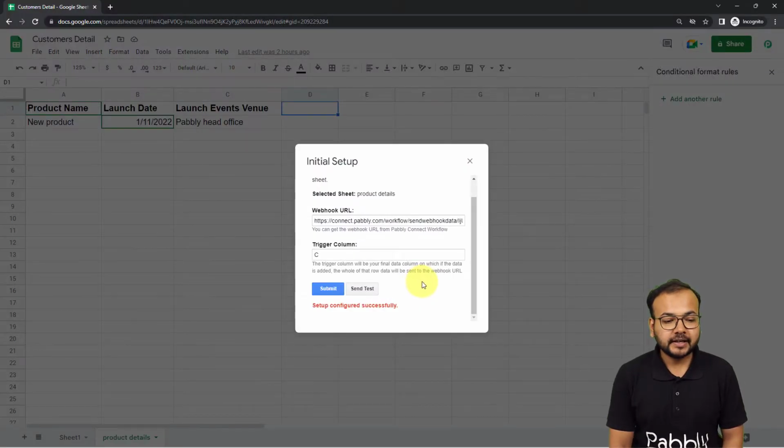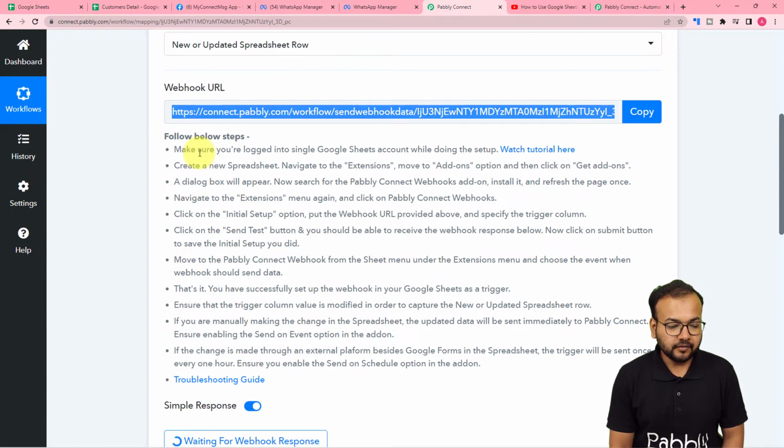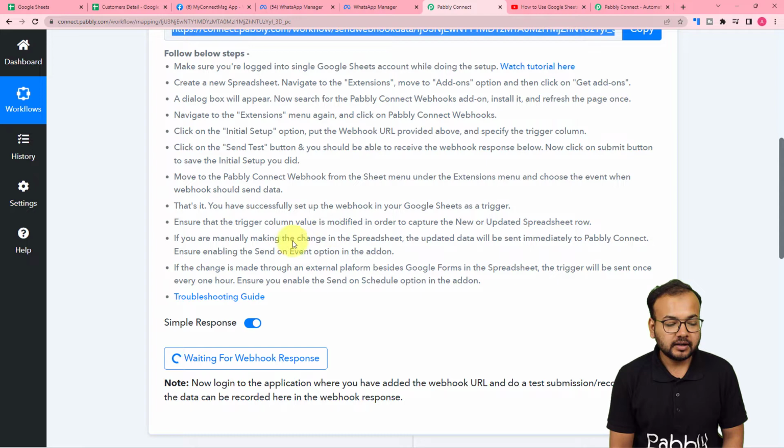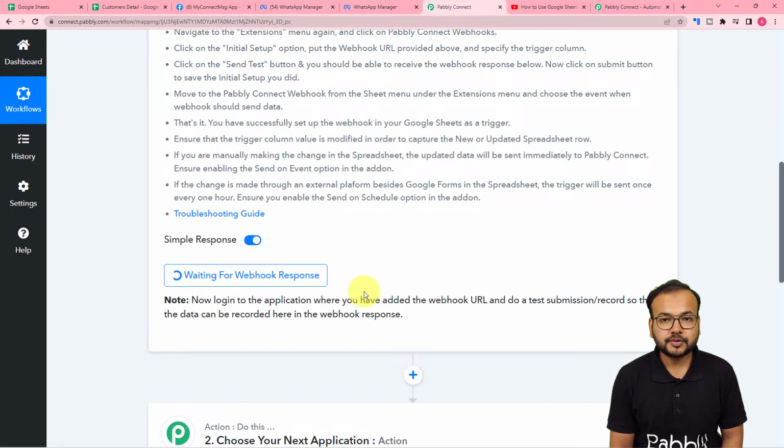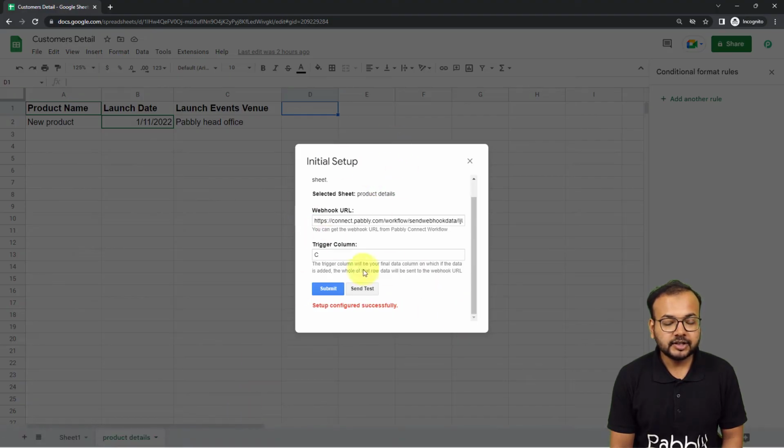So guys, I have created the connection using webhook URL like this. Okay, and from this initial setup, we have this send test button, and you can see in the workflow, guys, after following these steps, it is showing waiting for the webhook response. Okay, so to get the response here, you can go back to the spreadsheet and under this initial setup of Pabbly Connect webhooks add-on, you have to click on this send test button. So when you click on send test, the data of the first row that you have in your spreadsheet will be sent to your workflow as the test data. So click on send test